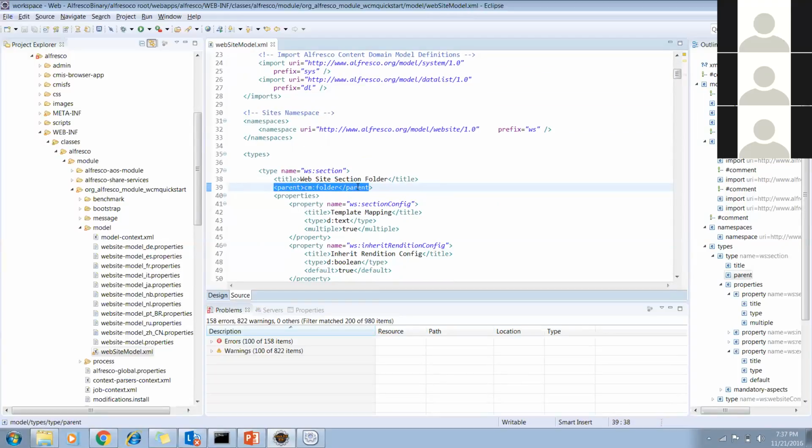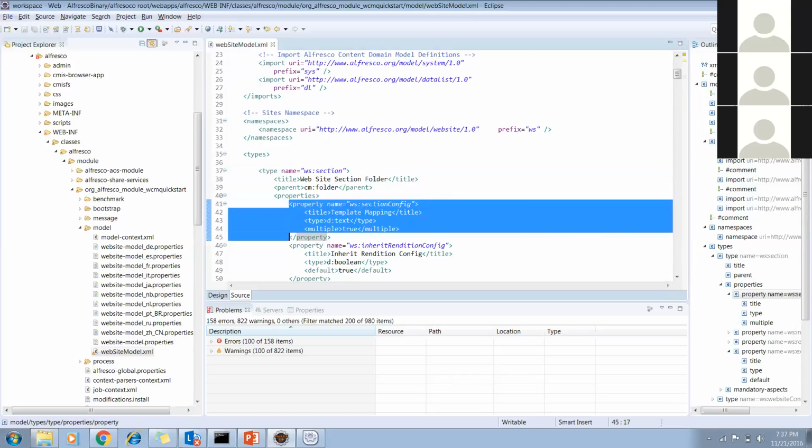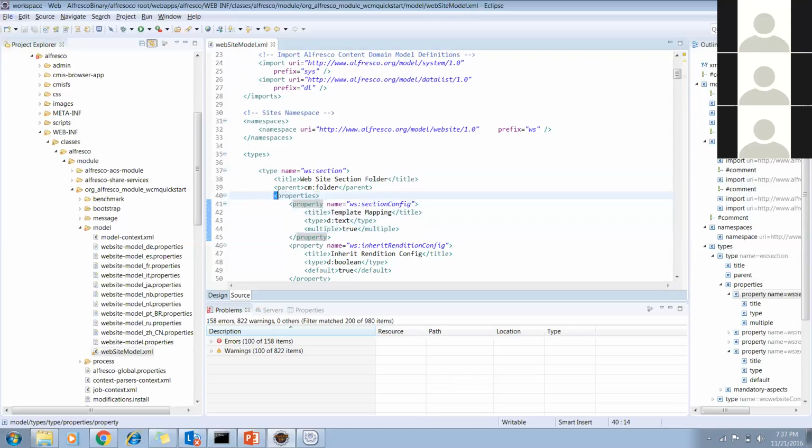Why did we inherit? Because this type can be applied at the folder level, not the content level. If we need to apply it at the content level, we should have cm:content. Like that, they want to have this property at the folder level, so we first have the parent properties.